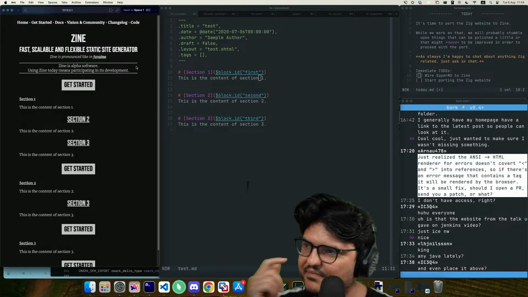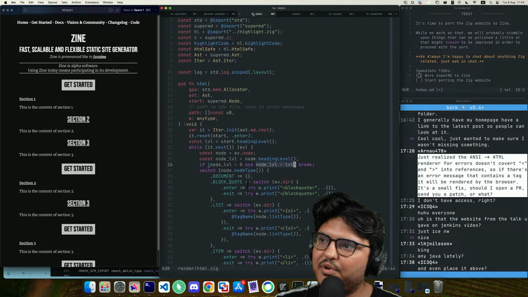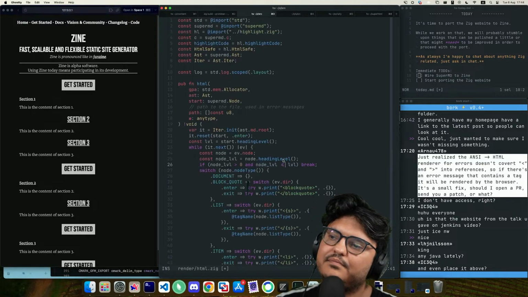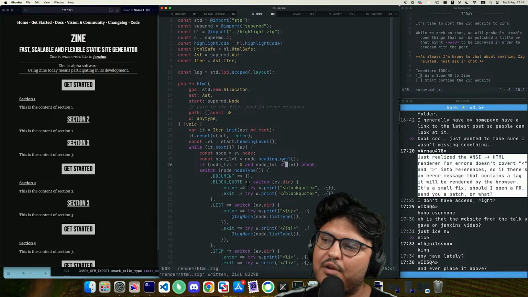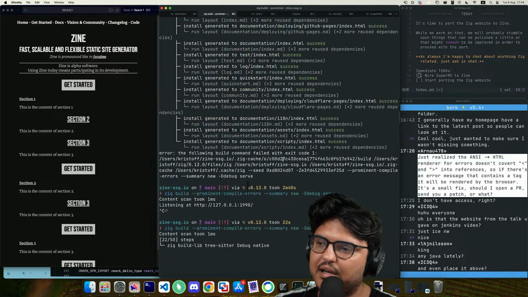We nailed it. Almost correct. Equal is also an exit condition.